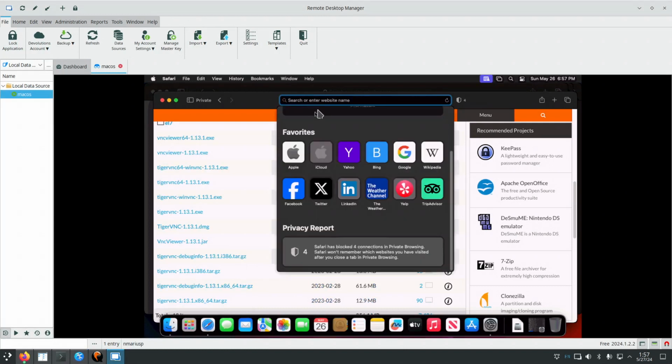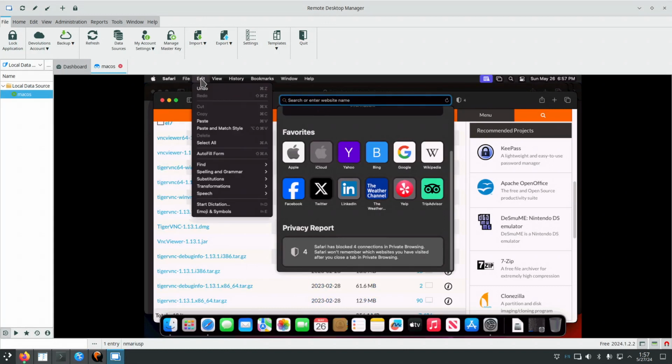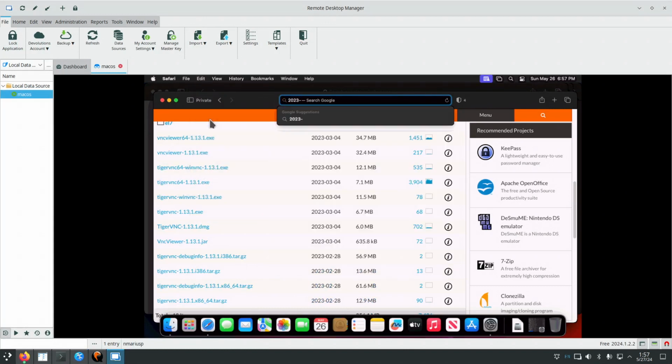Edit, paste. Yes. So copy paste works and I'm using an ARD, so Apple Remote Desktop client for Linux, which is called the Remote Desktop Manager